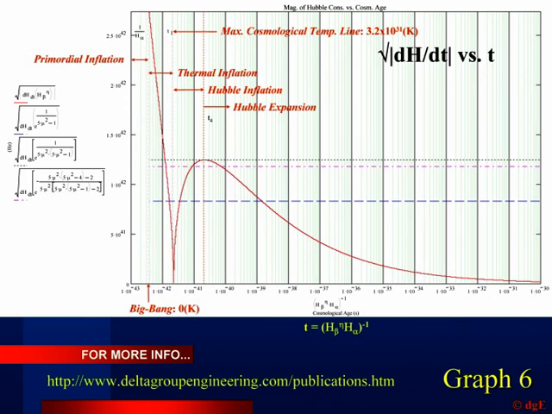At time t equals 0 the Hubble constant and cosmic microwave background radiation temperature had values of positive and negative infinity respectively. At the moment when the inner and outer radii were equal, that is, the singularity radius coincided with the event horizon, the Big Bang occurred, and all physical laws became real. The temperature was 0 Kelvin and the magnitude of the Hubble constant decreased from positive infinity to h sub alpha. From the instant of the Big Bang to the instant of maximum cosmological temperature, the magnitude of the rate of change of the Hubble constant decreased to 0, as shown by the graph. After this, the rate of change of the Hubble constant in the time domain became positive,